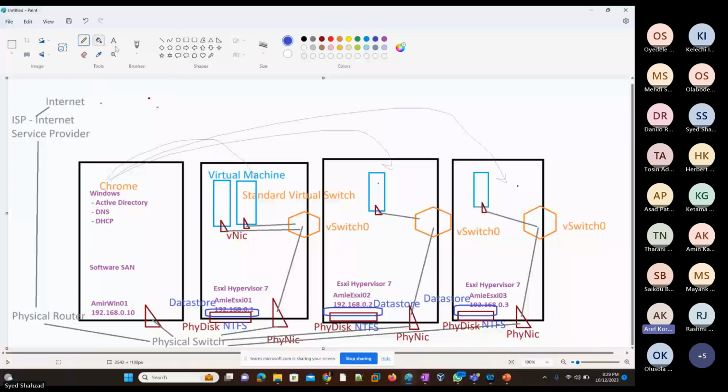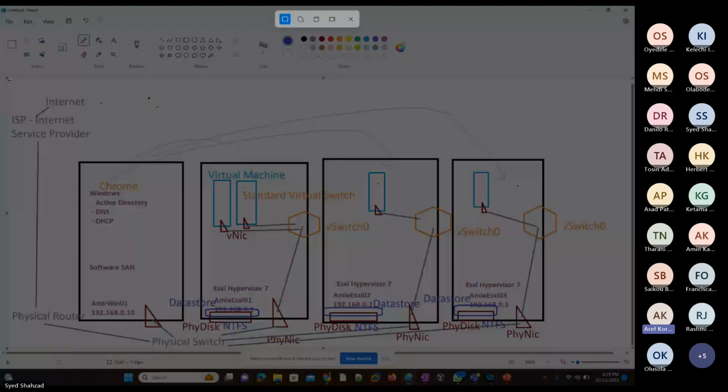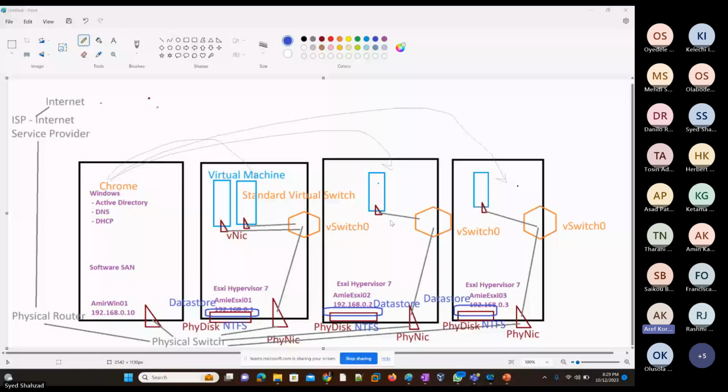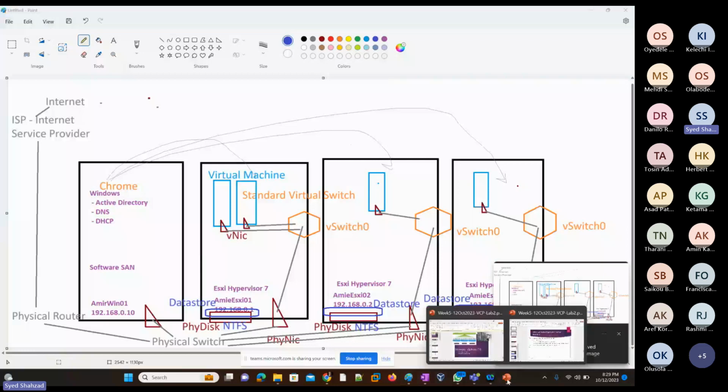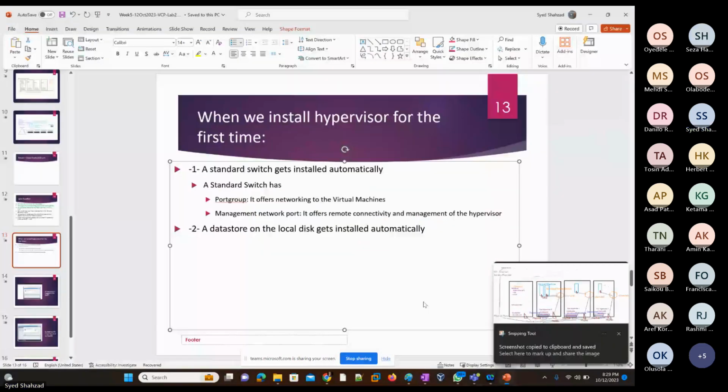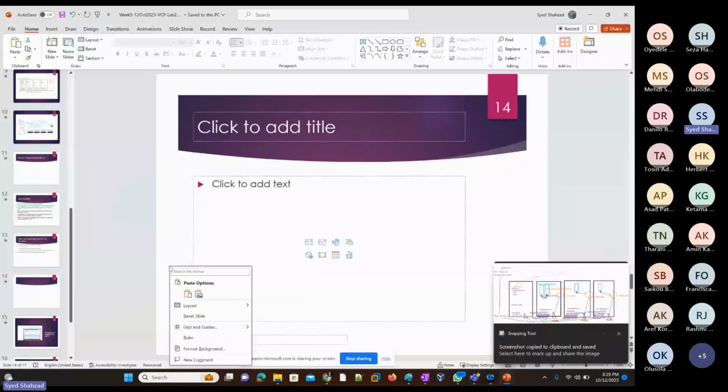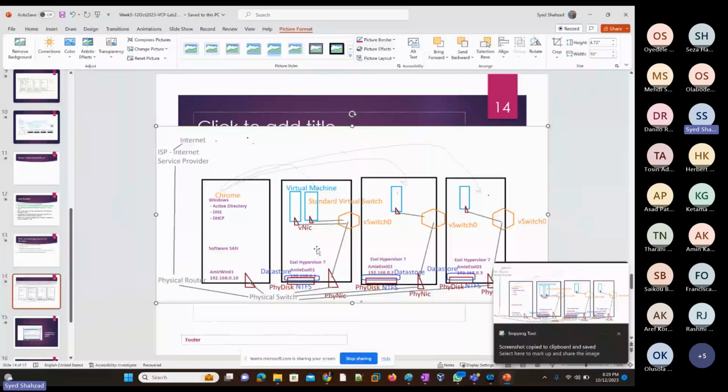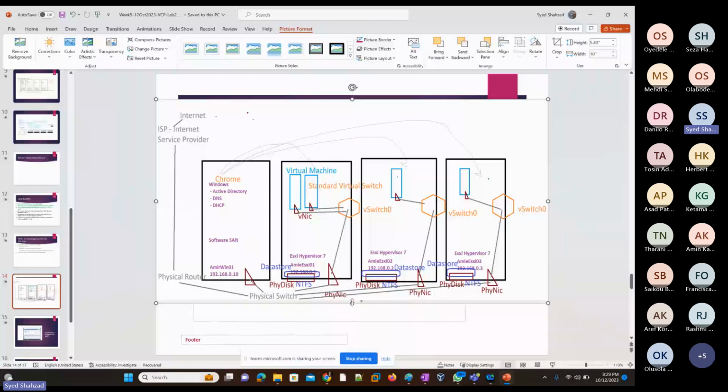Sorry, sir. For virtual machine for ESXi, it should be NTFS or VMFS? I just confused about that because this virtual machine, all of them are ESXi. Okay, let me explain that. I took some effort to create this diagram, so I will try to save it first, and we can show that later as well. Yeah, so to your question,